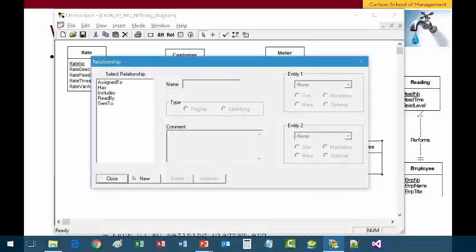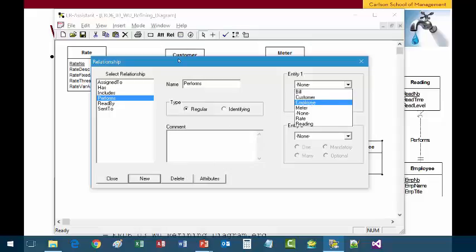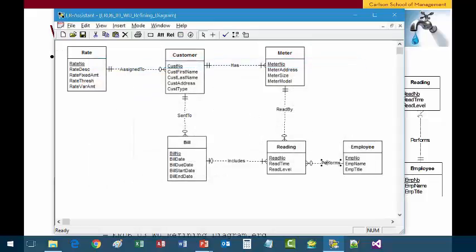Let's insert it. New performs relationship. Select employee, and then one can have multiple readings. Since employee is required, check mandatory under employee, and because reading is optional, let's choose optional under reading. Close and line up as best as you can in the bottom right corner of the window. Make sure to save all the changes. Now